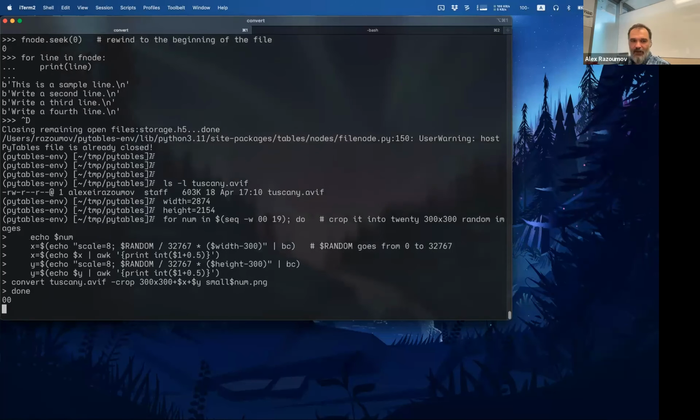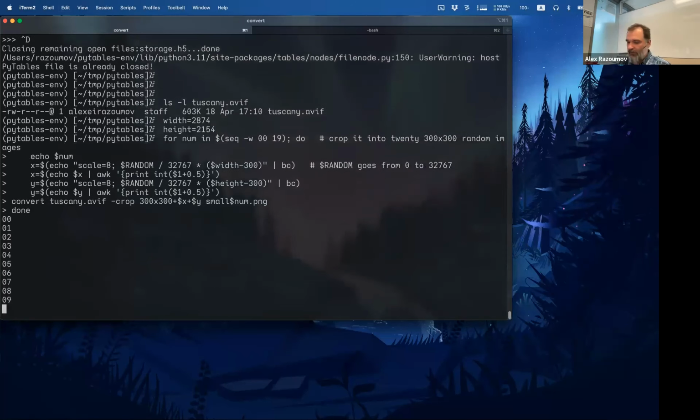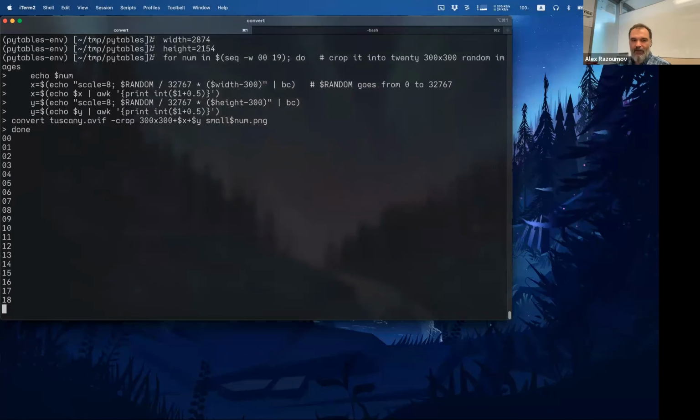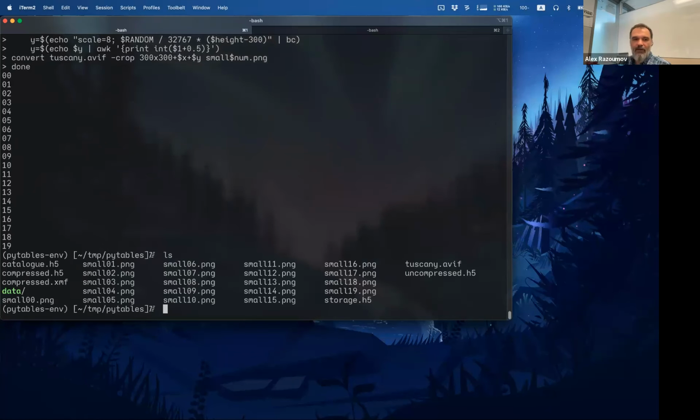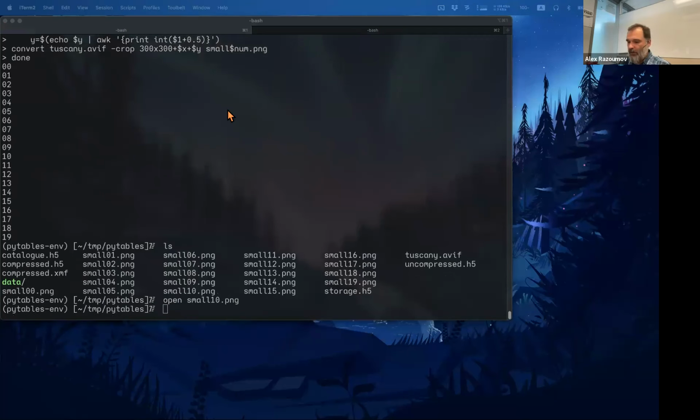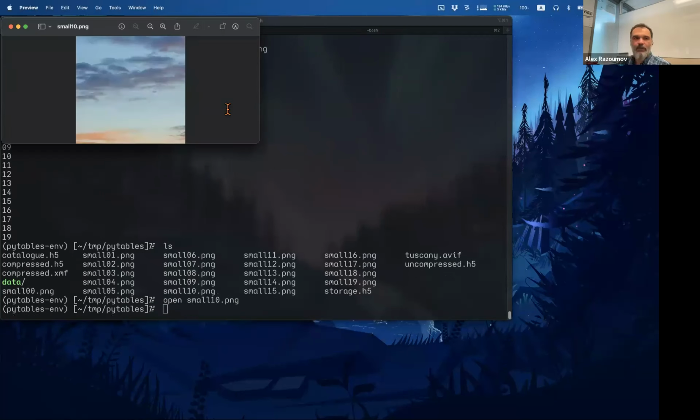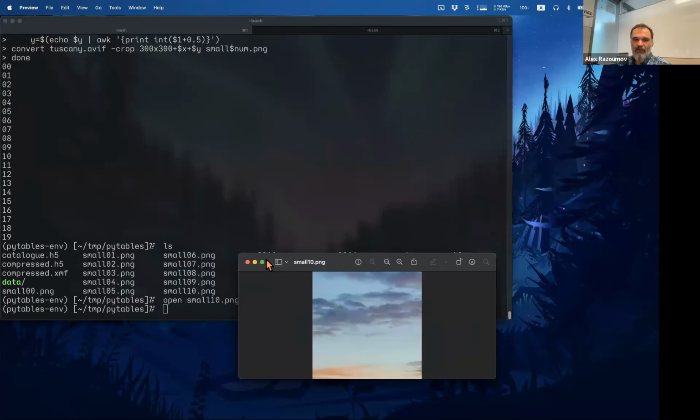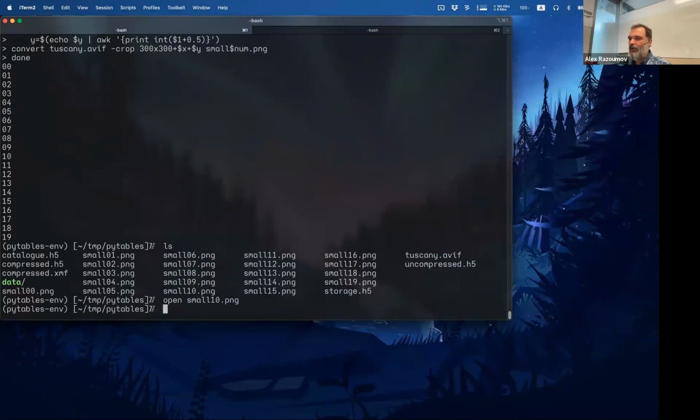So basically, I just run this script, and what it does, it produces those 20 images, and each image is called small and then two digits .png. If you want to see what they look like, we can just open one of them. So this is one of the images, right? I just randomly selected images, and then I'm going to write these images into my